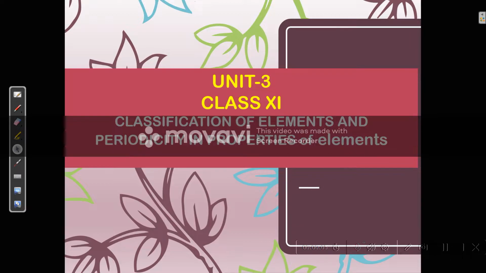चलो ठीक है, तो अभी टुडे वी विल डू द रिविजन ऑफ व्हाट यूनिट 3 classification of elements, that is periodic properties of elements. Okay, so today is a revision class, already we have done in the class. Okay, so now you tell me